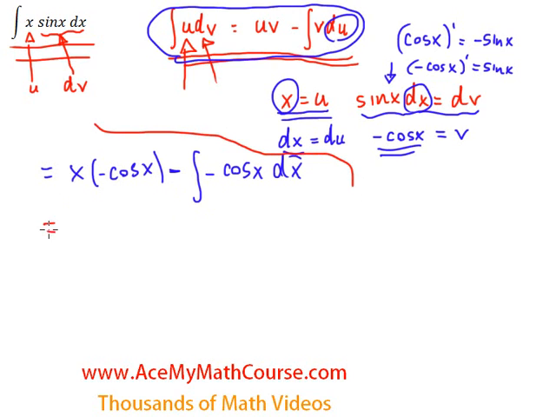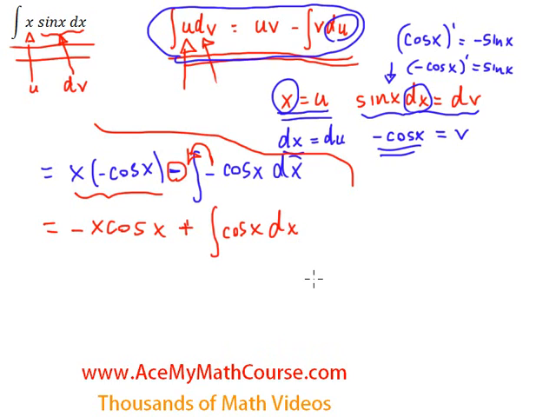Now what? Well, now we're almost done. Why is that? We got x times negative cos of x, so negative x cos x. And we're subtracting this whole portion here, so we can actually take out the negative. And negative times negative makes it a positive, so we're adding the integral now. The integral of cos of x, and the integral of cos of x is just going to be sine of